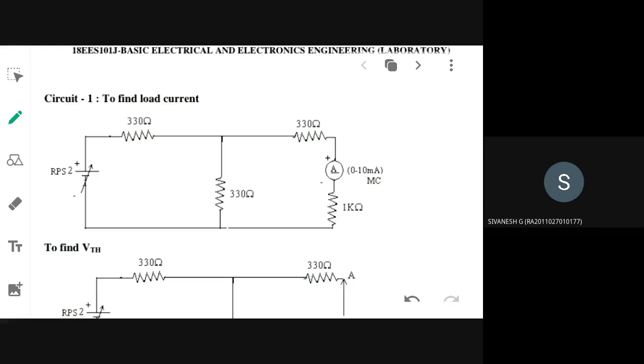Okay, understood? All of you understood? Now shall we proceed to Norton's theorem? Say yes or no from your side. Yes, ma'am. Ma'am, the value of IL should match with the value of 1K ohm, na? Yes, the first circuit you have simulated, no? What is the current that you got? 5.29 milliampere something. That value should match.